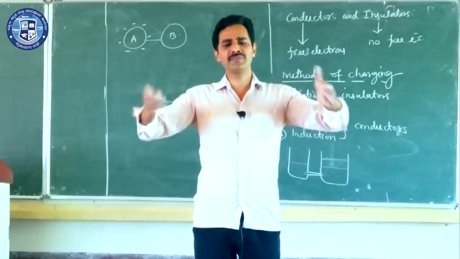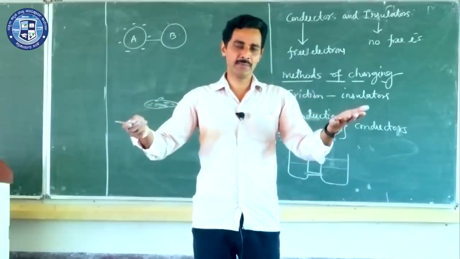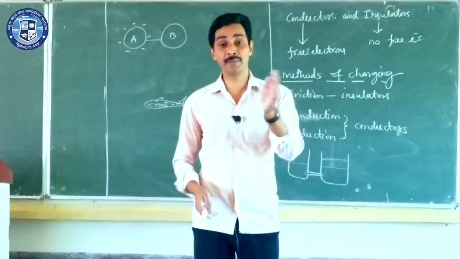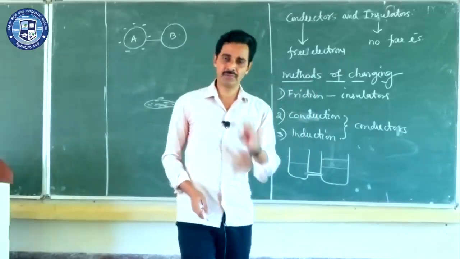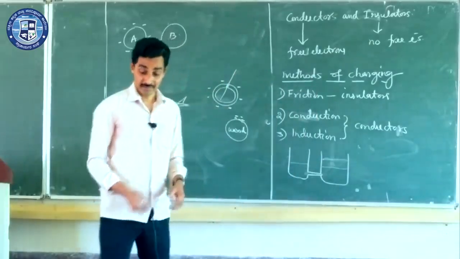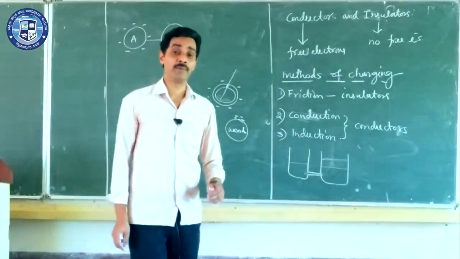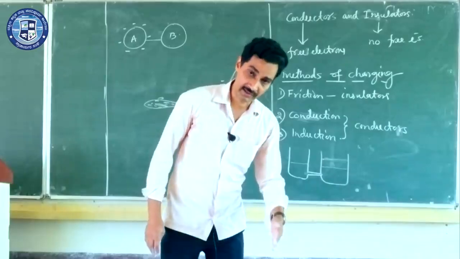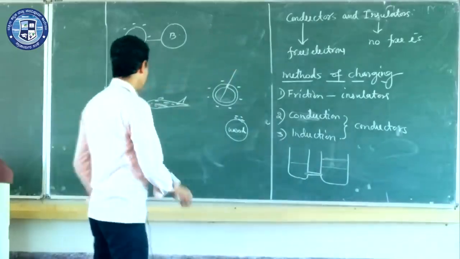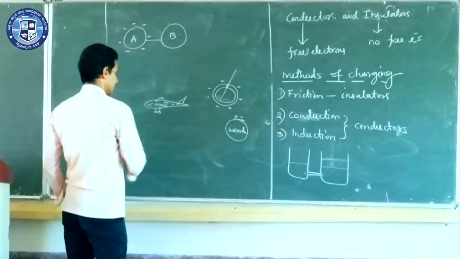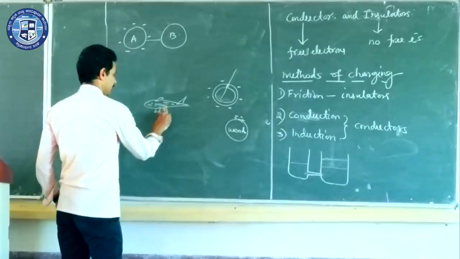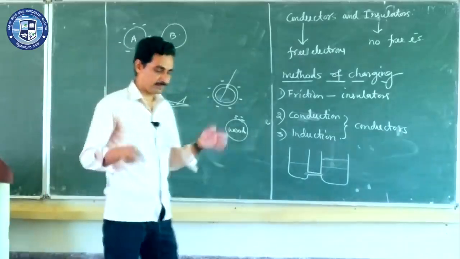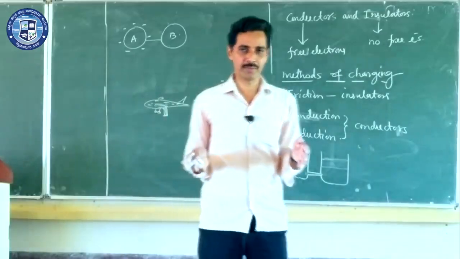They want to go as far apart as possible. So the maximum possibility is outside. Inside, passengers are very safe. They are very safe inside. But this causes problem when the aeroplane gets landed and the passenger starts getting down from the aeroplane. And if the aeroplane is landed on the wheels, and you will have a ladder type of arrangement here to get down. Now there are plenty of charges on the body of the aeroplane.